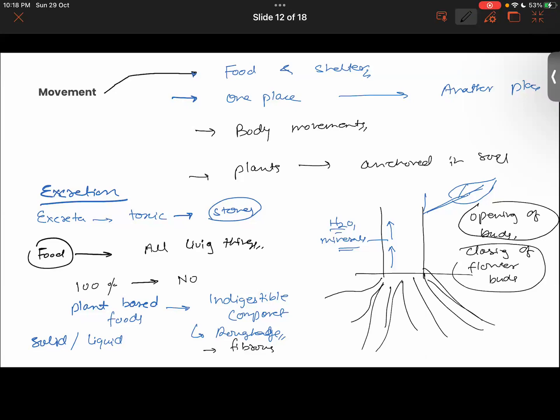Then talking about other types of living organisms, suppose you have an example of microorganisms like different types of bacteria. In their body also, waste materials are being produced. Humans and different animals have specialized organs via which they excrete the waste material out of their body. But do bacteria also have the same structures like we humans have? Obviously no,